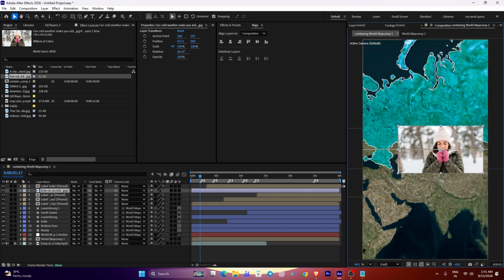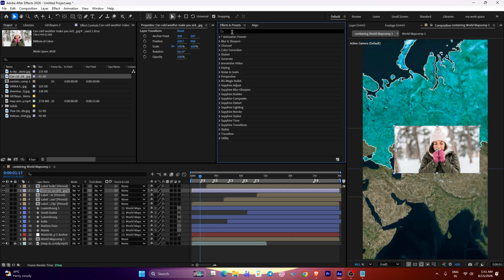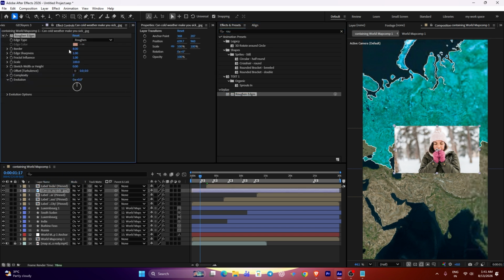I want a round circle, so I click the effect panel and search roughen edges, and slide it down onto this image, and you want to just copy my settings.